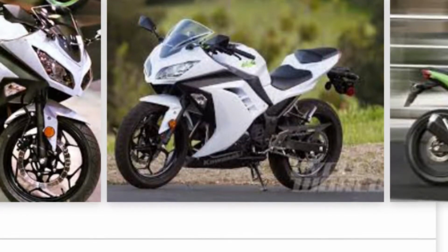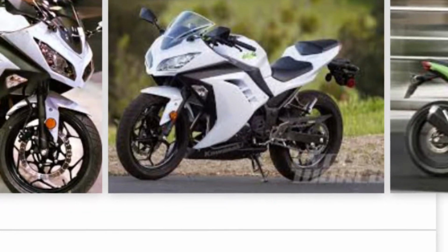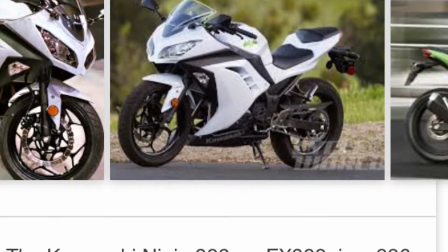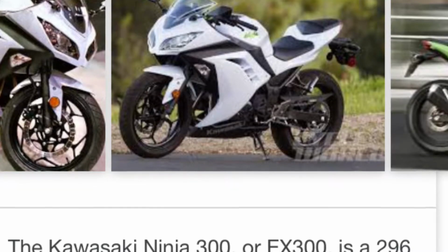Now this bike is about 4.5 grand. It might be a little cheaper now than the next bike that I'm going to talk about in a second. But check out these stats that I saved on this page here. It's a really good bike, all right? And the next one is